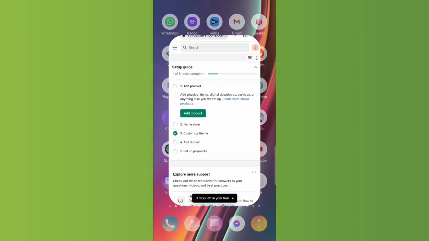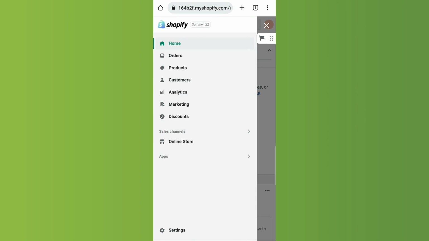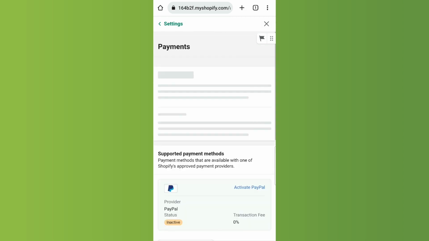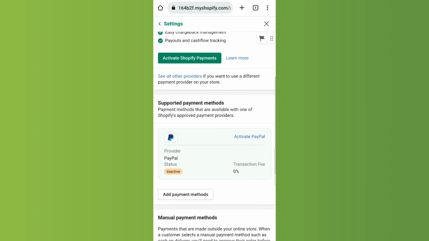So go ahead and open up your Shopify admin, and once you do that, click on the three lines at the top left of the screen. Then click on settings at the bottom left of the screen. Once you're here, click on payments, and this will open up the payments section of your Shopify store, from which you want to scroll down to